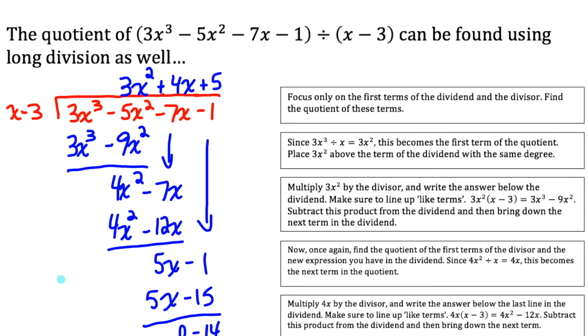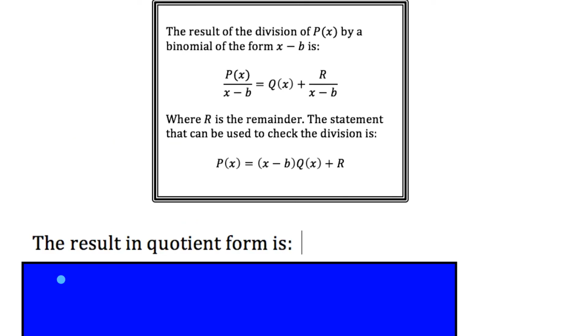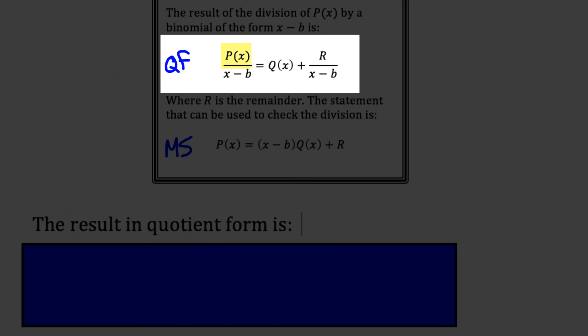So remember, there are two ways to express this answer. And I've written those two ways here for you. Remember, this is what we call quotient form, short form QF. And then also this multiplication statement that we could use to check the division, so I'll call that MS for multiplication statement. In quotient form, we always do the dividend over the divisor equals the quotient plus the remainder over